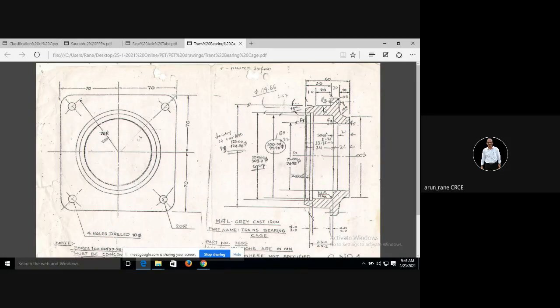Now what will be the process critical area? When you are going to do facing and this radius turning and this facing, that time you are going to use this diameter as a reference, which has been turned in setup 1, this diameter. So this becomes the product critical area, that is diameter 125 becomes the product critical area.